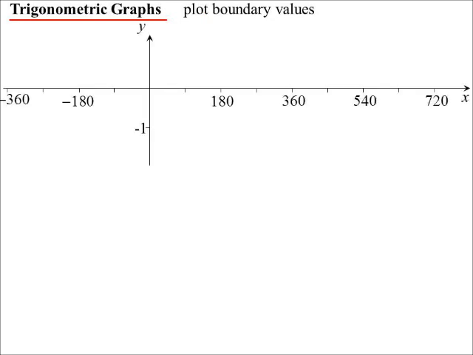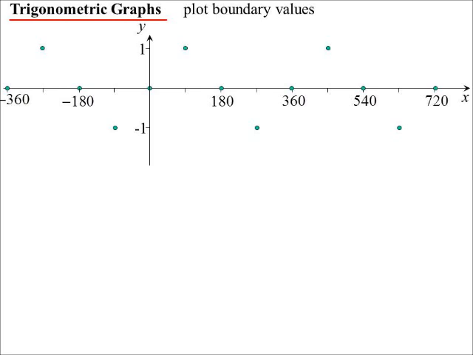So let's now have a look at the basic graphs. And the key is the boundary values. So if I do sine, I know the sine curve goes between -1 and 1. Okay, that's the range of a sine function. I'm going to mark off each of the boundary values. Whilst I'm only labelling it at 180, I'll put a mark there at 90 degrees, I'll have some negative ones as well. And I know the sine of 0 is 0, so I'll plot that in. We know the sine of 90 is 1. We said the sine of 180 was 0, and then that pattern continues up and down, up and down,